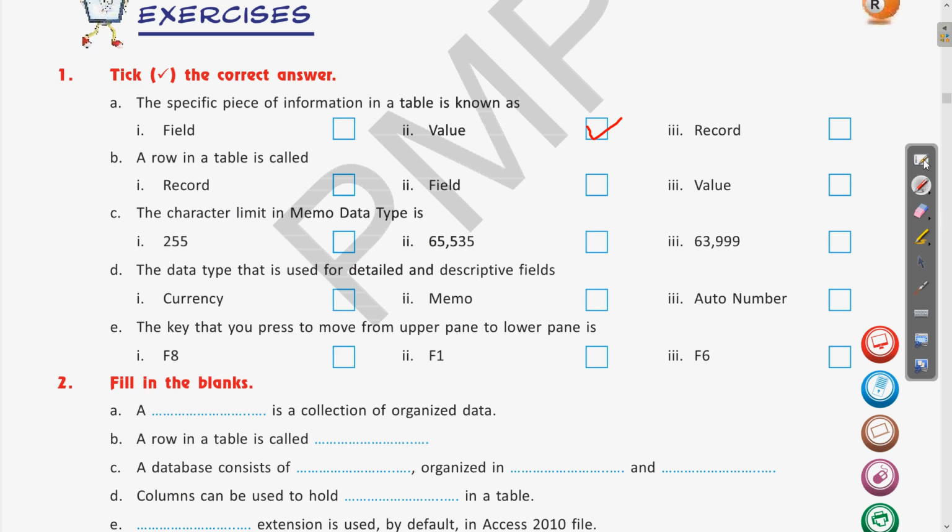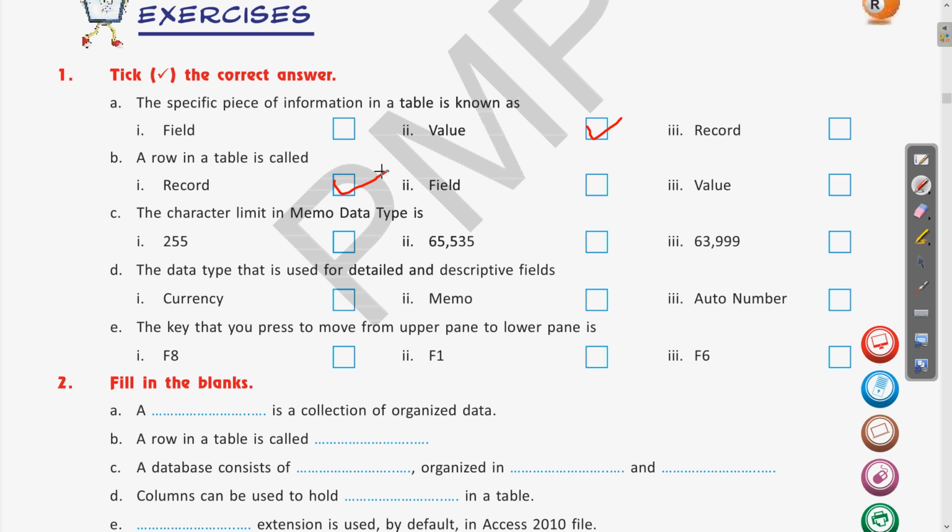Let us check the options one by one. The row in a table is called record, field or value. The field is the column, and value is the specific information in a table, as we have seen. So the question is, a row in a table is called, what will be the answer? The row in a table is called a record. Correct.